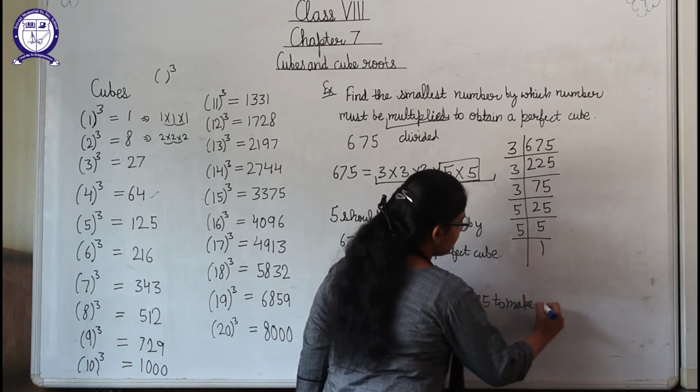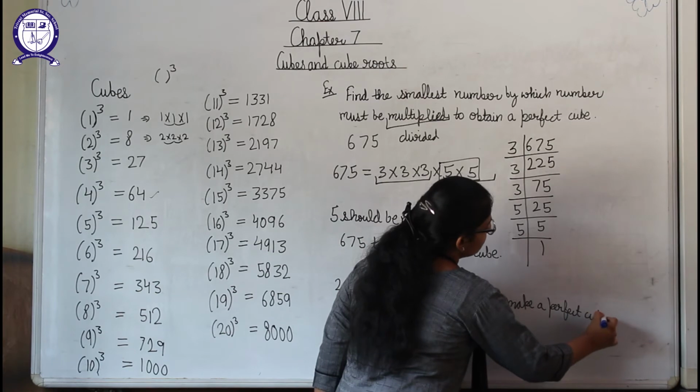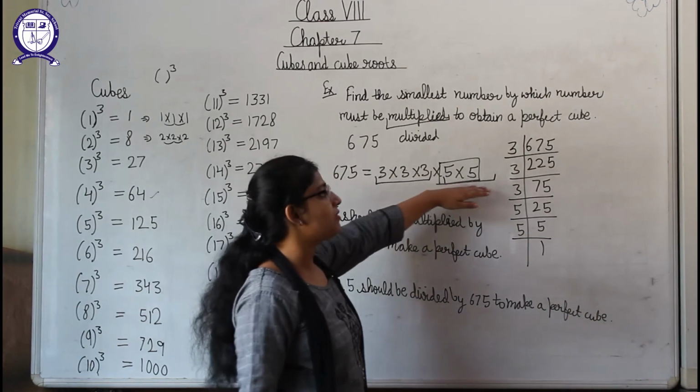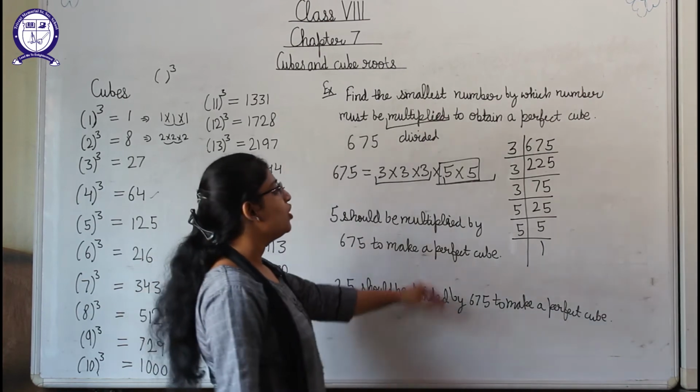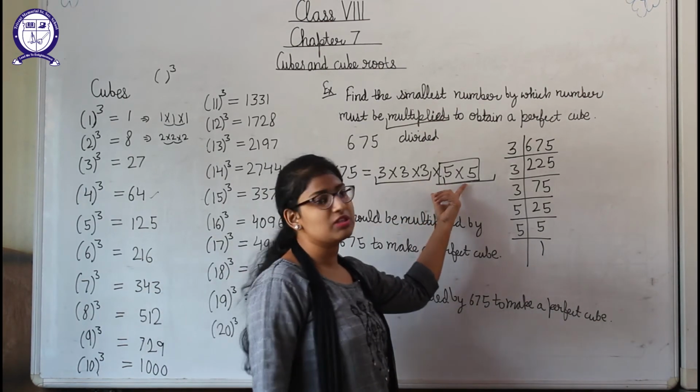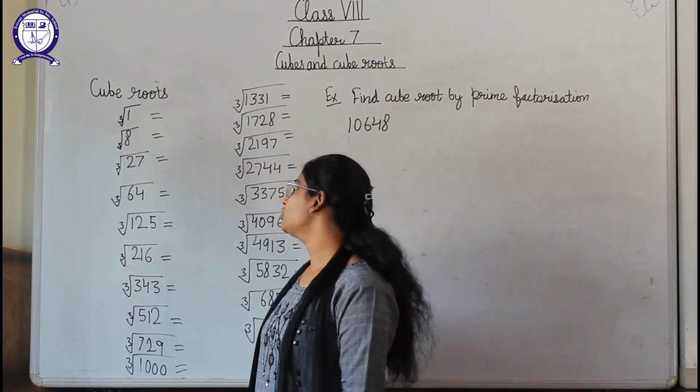So students, basically in this you will multiply the number so that you can complete the group. And for the division part, what you will do is eliminate the numbers which are not making the perfect cube. Okay, now students, our topic is cube roots.